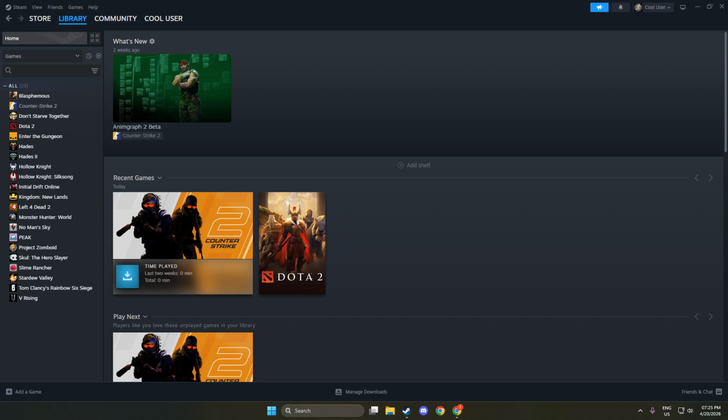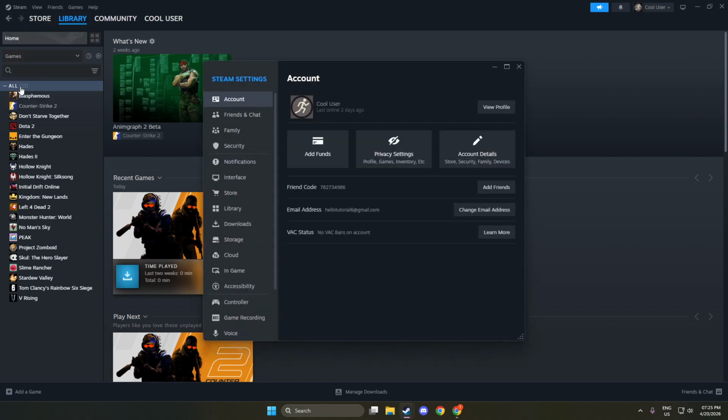First, launch the Steam app on your computer. Once Steam is open, head to the main settings area so we can turn on controller features globally. Look to the top left Steam menu and open Settings. In the sidebar, choose Controller. Now click the button labeled General Controller Settings. A new window appears dedicated to input options.